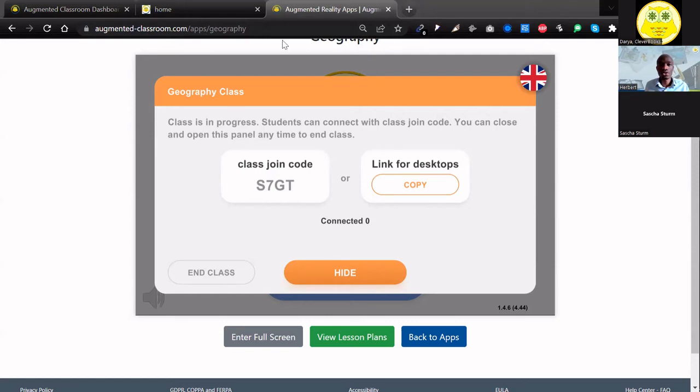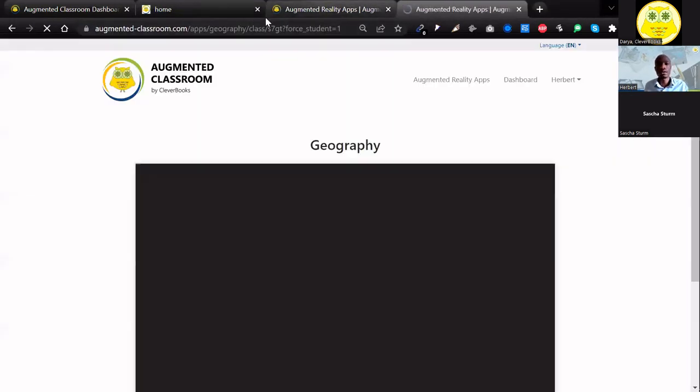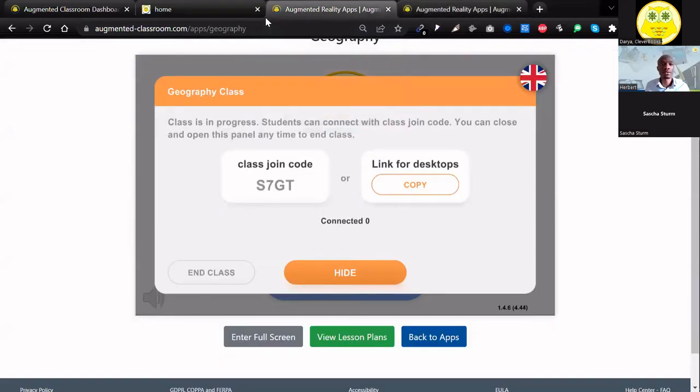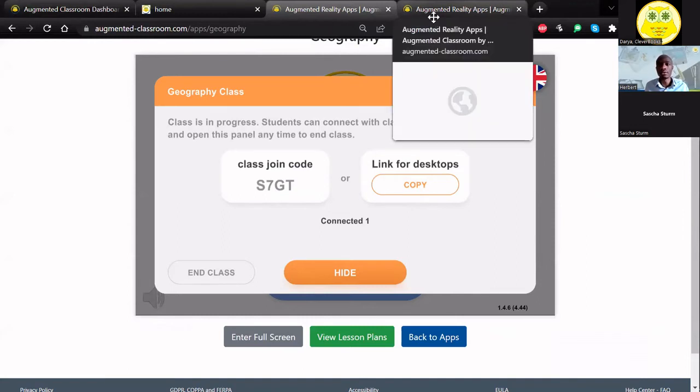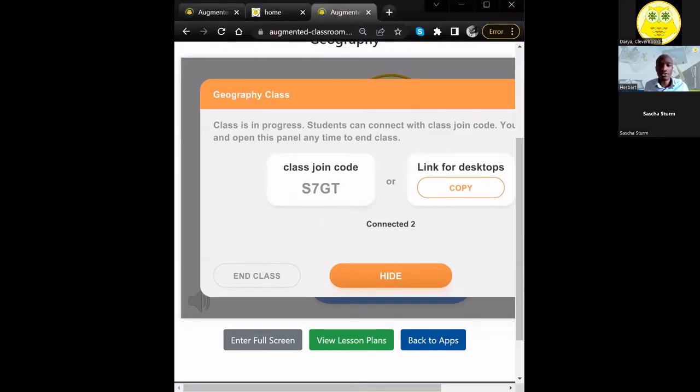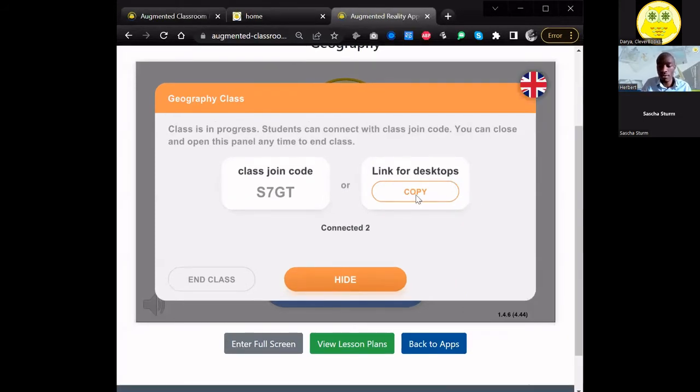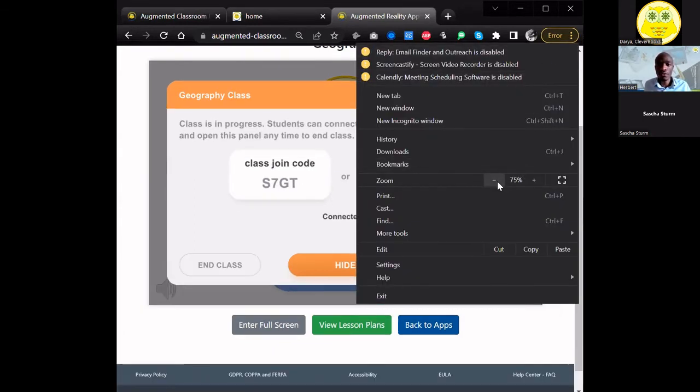I'm also going to put it here so that I'll create a second teacher's screen. Okay, so this is where we are. I'm waiting for you to join me. I have 1 student. Excellent. I have 2 students. That's awesome. I'm super excited. My apologies, I'm moving a few of my windows around to make sure that you can see, because I want to show you 2 things at the same time. Join me there if you want. It's going to make it much easier for us all to understand.